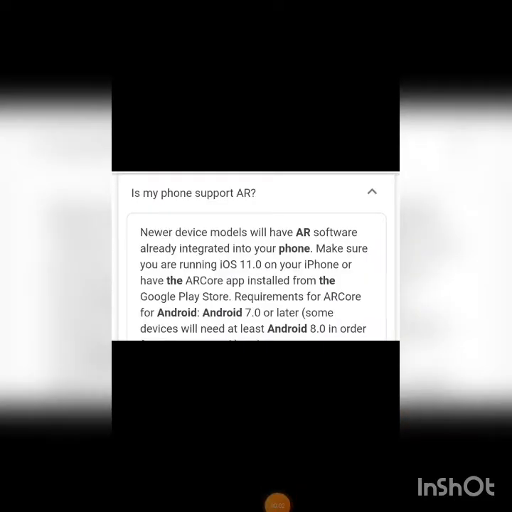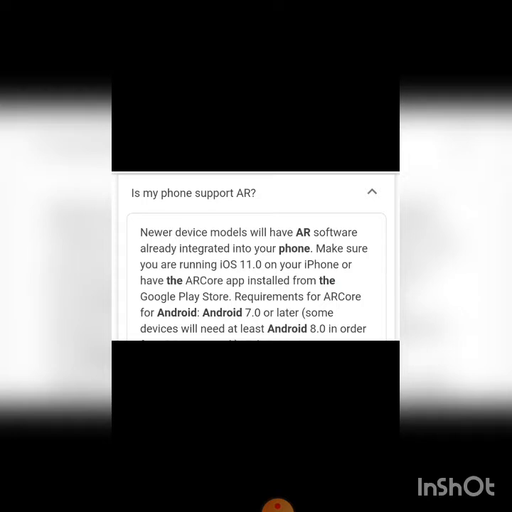Before starting, we should first know whether our phone will support augmented reality. Almost all the latest mobile phones will support it. If you are using an iPhone, your OS should be 11.0 or above. On Android, from the Google Play Store, you need to download and install the AR Core app.